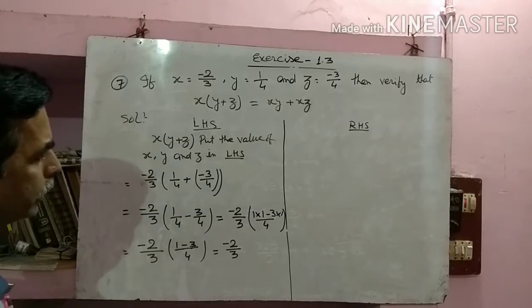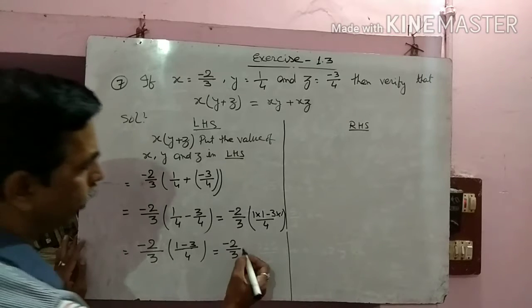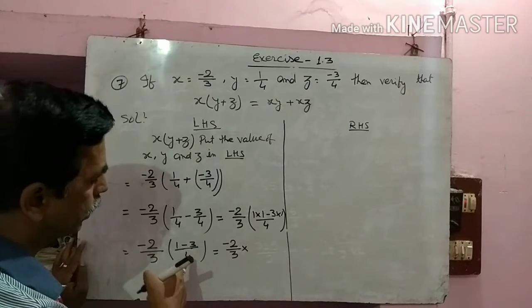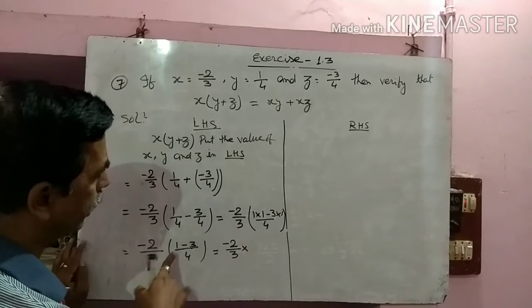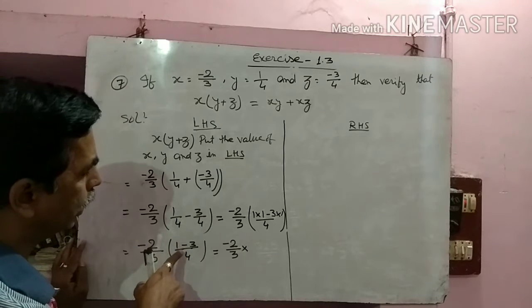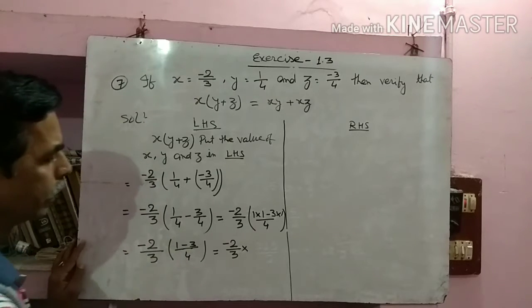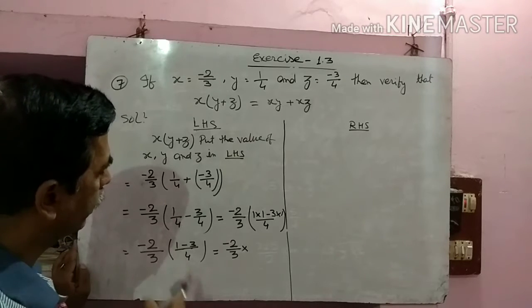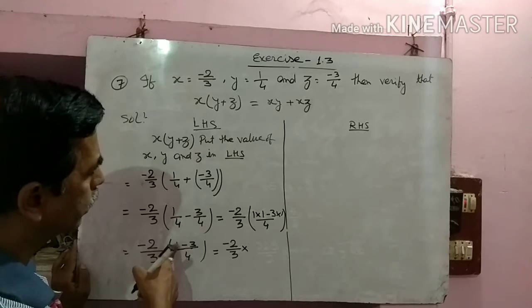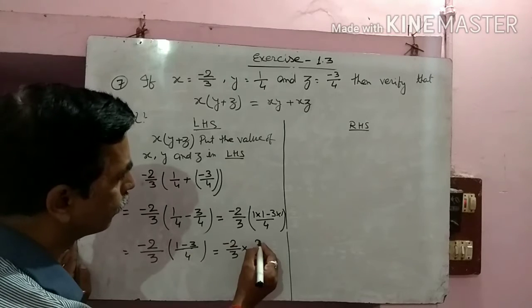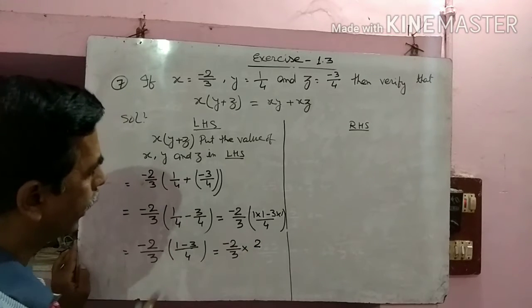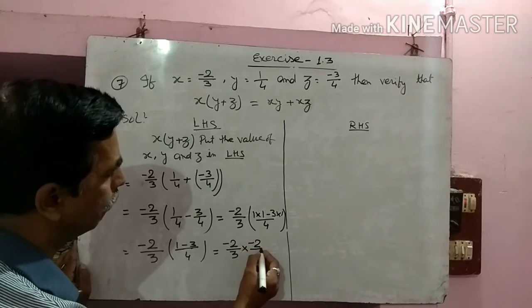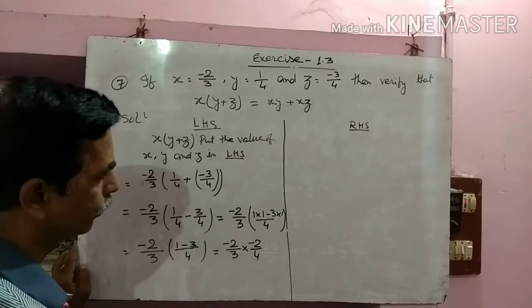Nothing is given here, it means there is a sign of multiplication, so we have to write the sign of multiplication. We studied in the previous class also that if two numbers have different signs, then we have to subtract the smaller value from the bigger one. So 1 is subtracted from 3, you get 2, and the sign of the bigger one, which is minus, so it becomes minus 2 by 4.